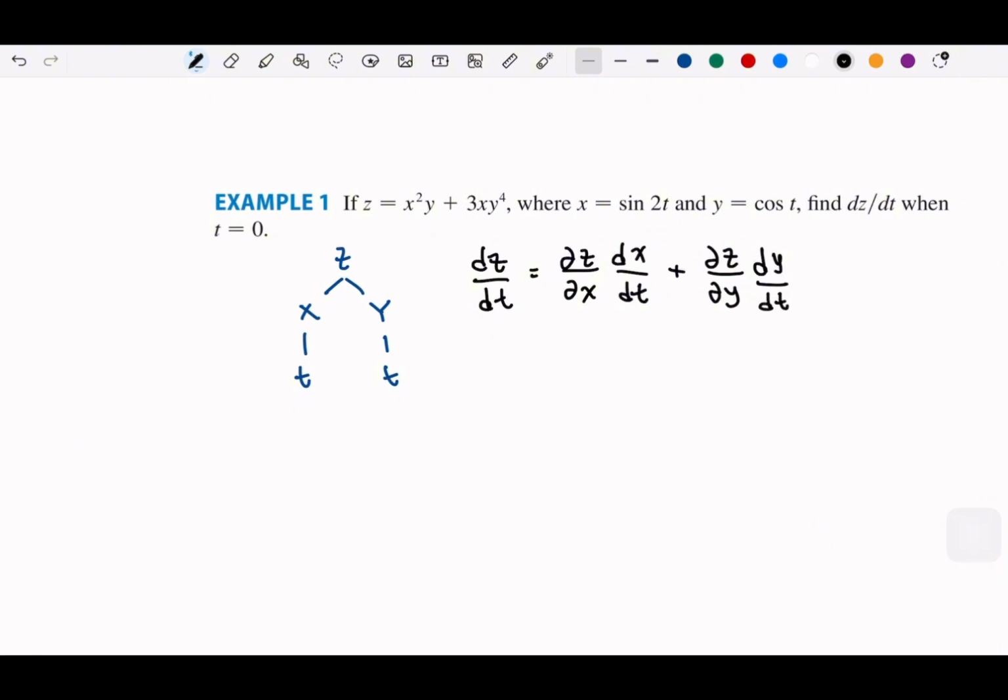and basically, what we do here is we need to find first what is dz dx, and basically this is what we did last week. We are going to derive z with respect to x. So we need to treat y as a constant. So we only focus on x. So it will be 2xy, right? And 3y to the power of 4. And then similarly, we can take this